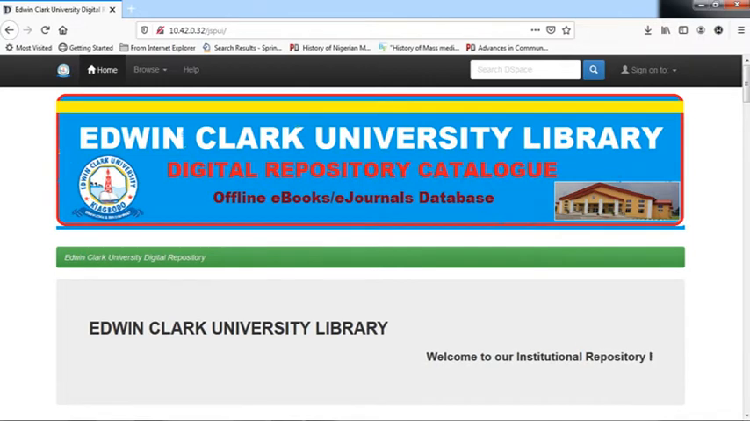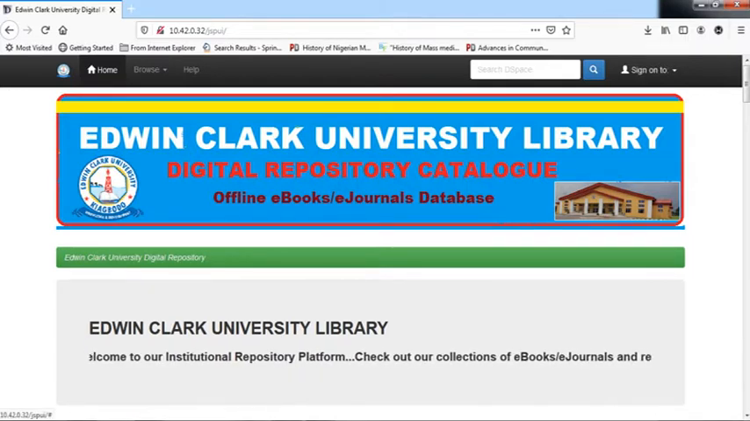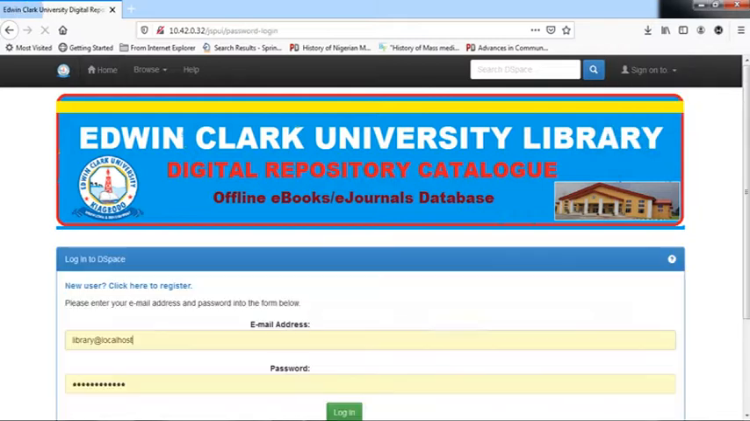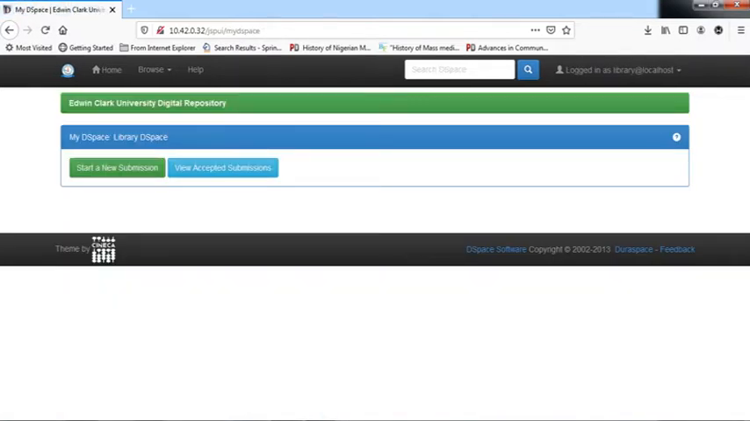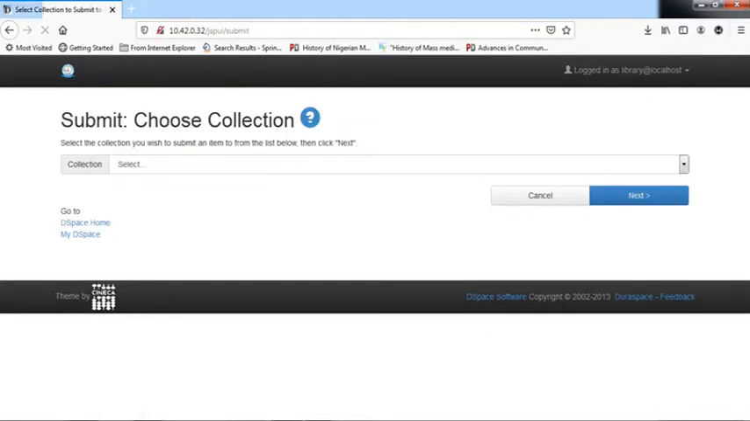Okay, now this is the front end of the institutional repository. So what we do here as a staff user, you sign in to My DSpace. You see the username, which is usually the email address, and the password is there. So you log in, you start a new submission. Now, for you to start a new submission, you must have ebooks collection or articles in PDF or HTML or